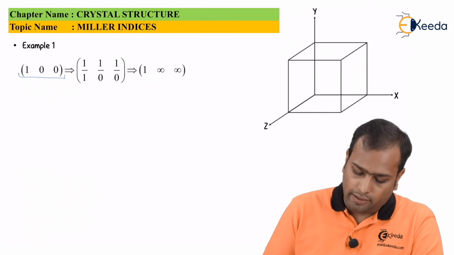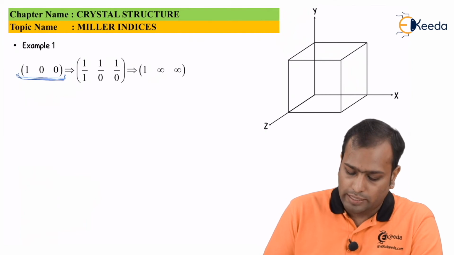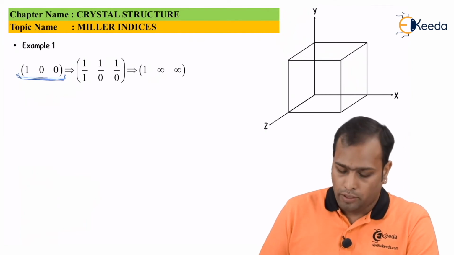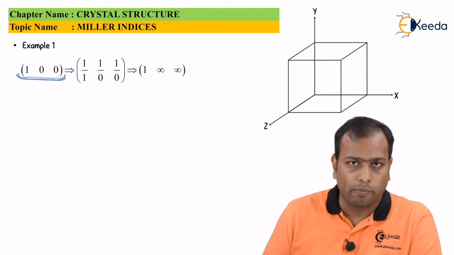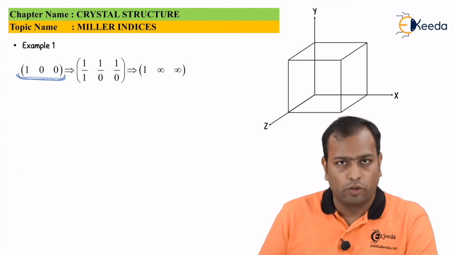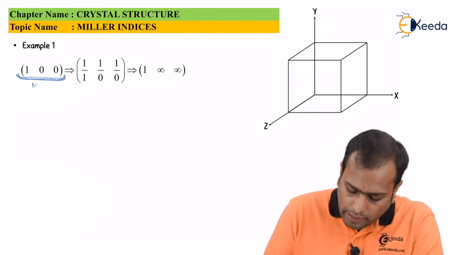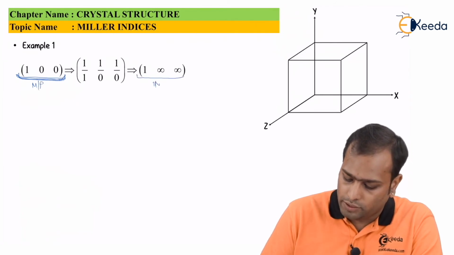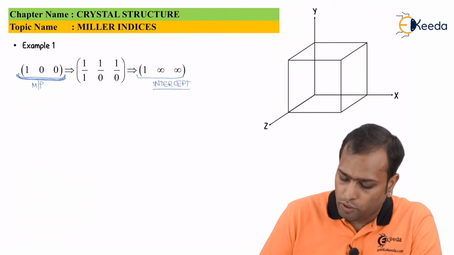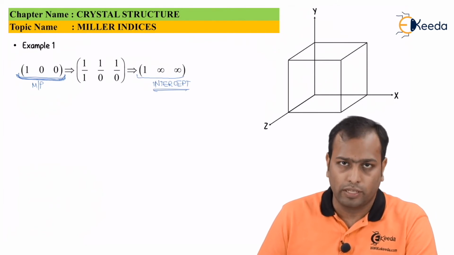Now, is it that you cannot draw by using only the Miller planes, or you just need these intercepts? Well, no. If your speed and your accuracy become good enough, you can use Miller planes to draw the plane. But if not, you can also use the intercept way. So this is the Miller plane representation and this is the intercept representation. As we are more used to drawing intercepts on the x, y and z axis, we prefer this way.